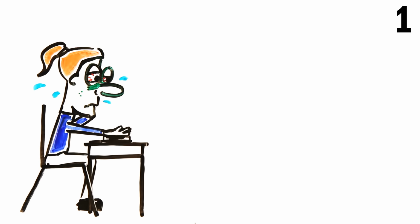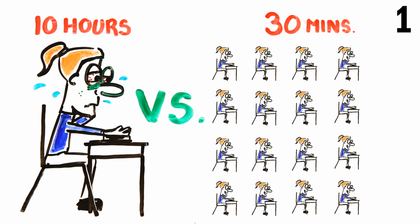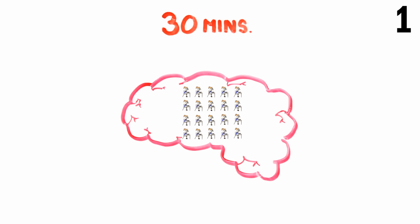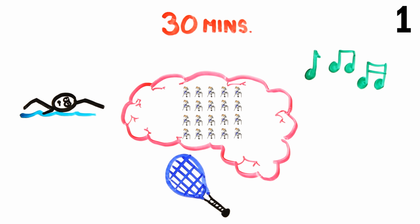Instead of cramming in a 10-hour study session, it's much more effective to spread it out into 20, 30-minute sessions over a few weeks. This is because your brain is better at encoding information into the synapses in short, repeated sessions as opposed to one large one. And this is why even learning different skills, whether it's swimming, tennis, or a singing lesson, often follows this same